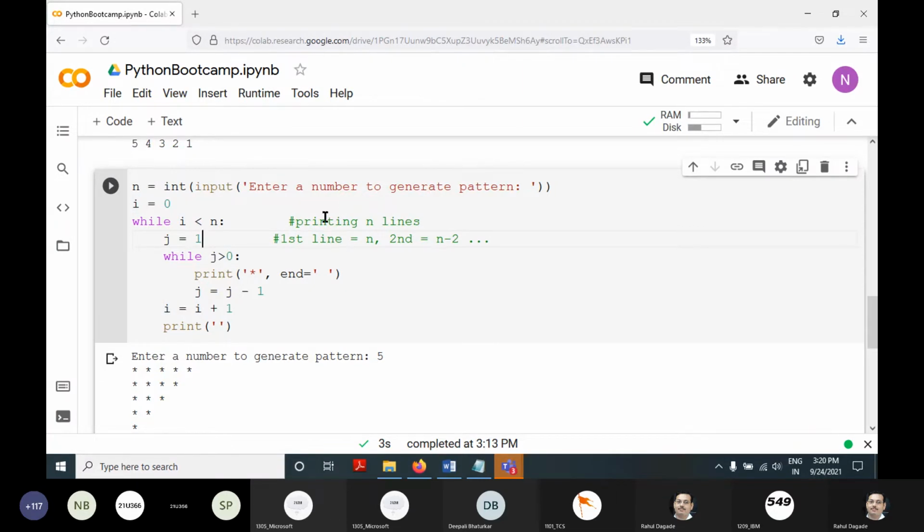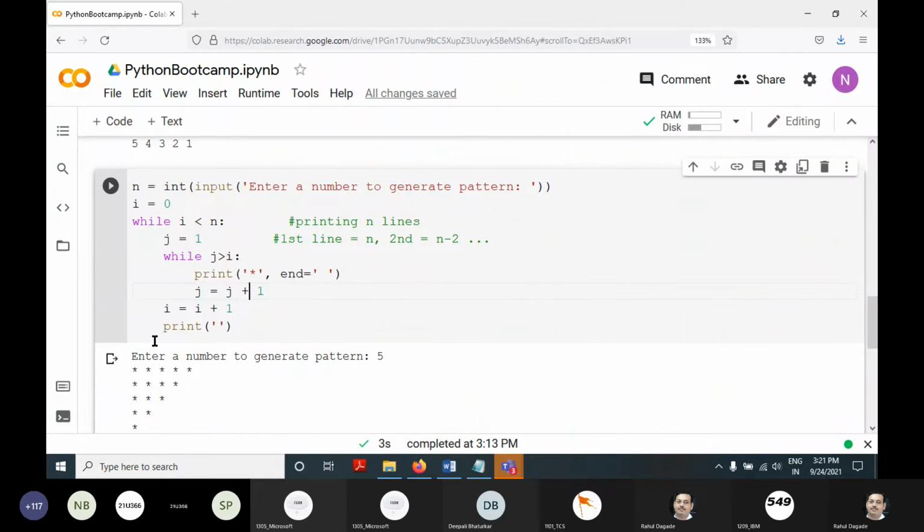Let's say I have to print j number of elements, so start j equal to 1 and I have to do j is equal to j plus 1. Till when do I have to do it? Let's say j is greater than or equal to I, till then. What will I be first? I is 0 first, j greater than I, j is 1 and j is equal to,